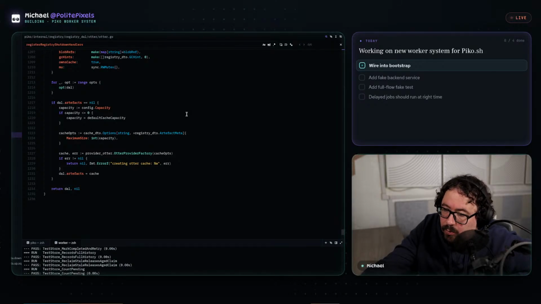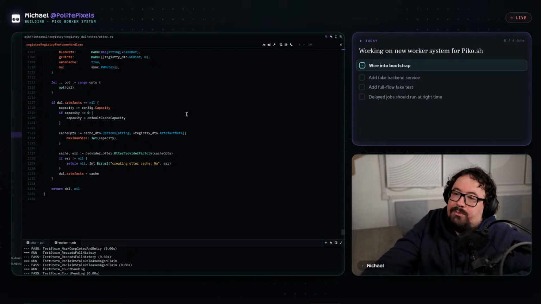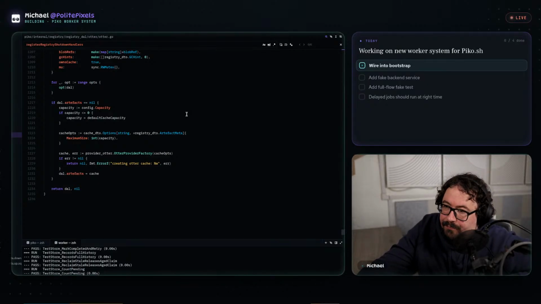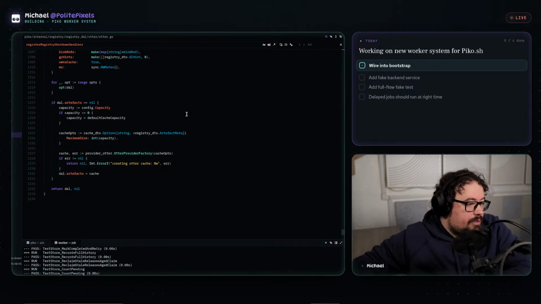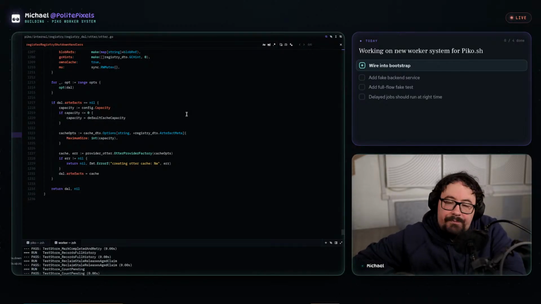This is like weeks down the road, but work on the code generation so that the worker system is actually usable. And then I'm going to be able to use it in the projects I need to use it in.